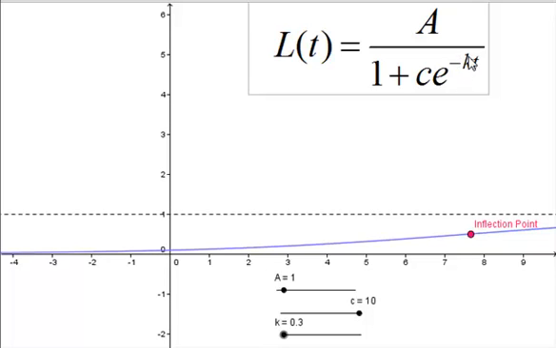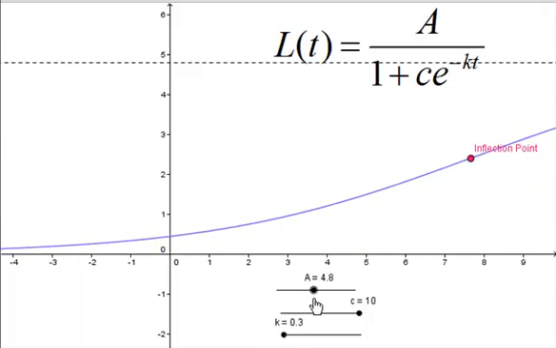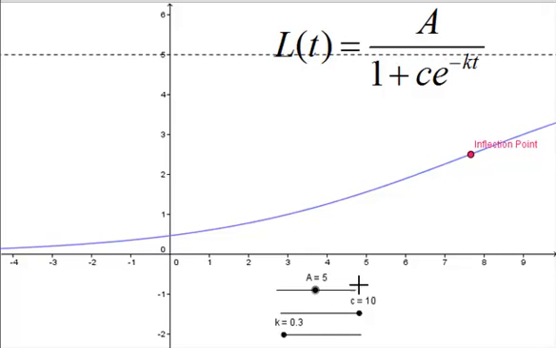If we're changing this k value, as it decreases, we're decreasing the rate that this exponential is decreasing at, which increases the overall value. But notice it didn't change our horizontal asymptote, and our inflection point's right in the middle vertically, hence that value of a over 2. Let's raise this up a little to 5